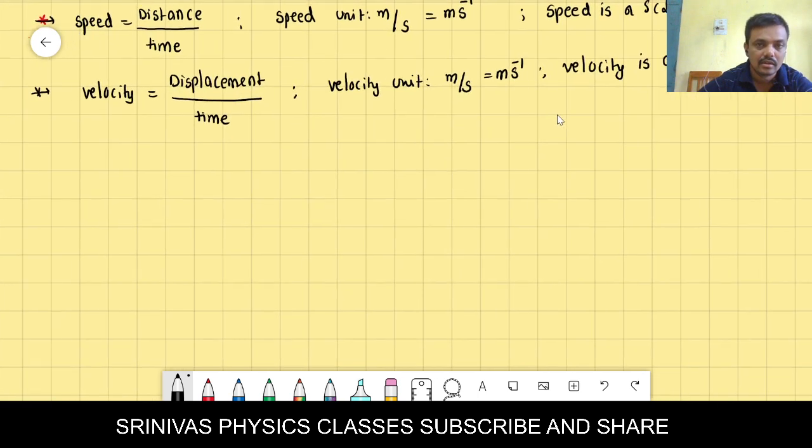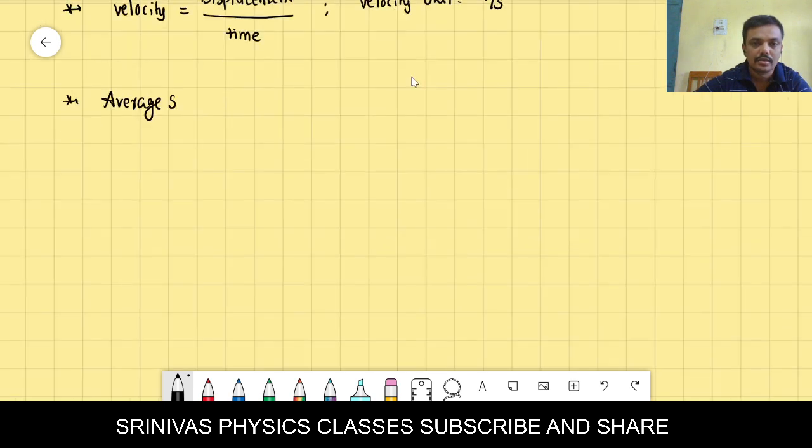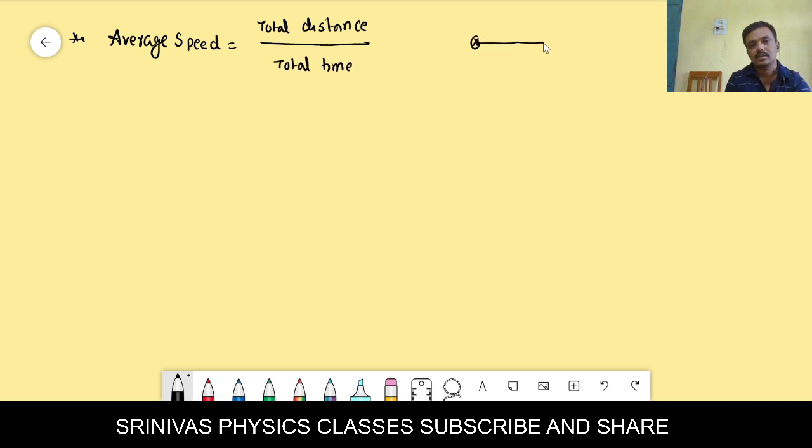Next, average speed. What is the formula for average speed? Right. Average speed is equal to total distance by total time. Okay. For example, if a body travels like this,